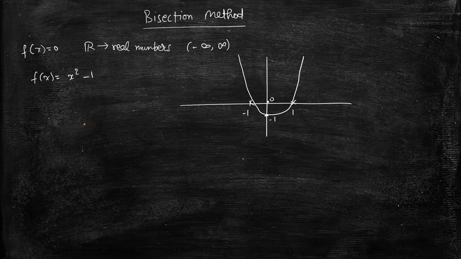If I choose the interval 0 to 3, then there exists only one root, which is this one. So the bisection method will return this root. If I take minus 3 and 3 as our initial interval, then the bisection method can return this root or this root depending upon our assumption. By the way, we can't take minus 3 to 3 because the endpoints have the same sign, but yes, it is the philosophy. So let us take another example.